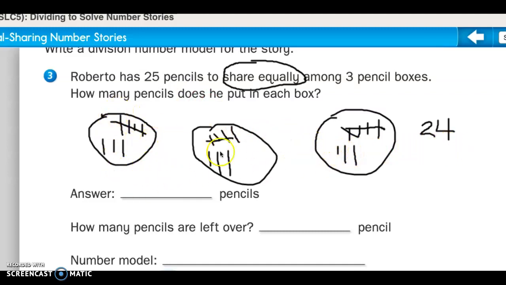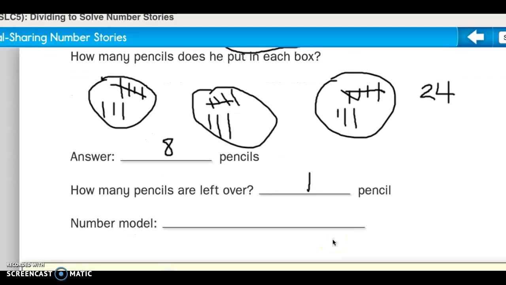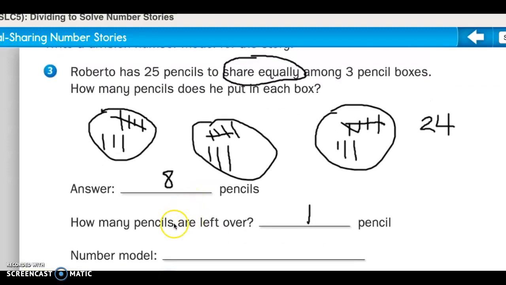So how many in each one equally? There are 8 equally. How many left over? At 8, we are at 24, but one more makes 25. So we have 1 pencil left over. So our number model is 25 divided by, and there's our little dots, 3